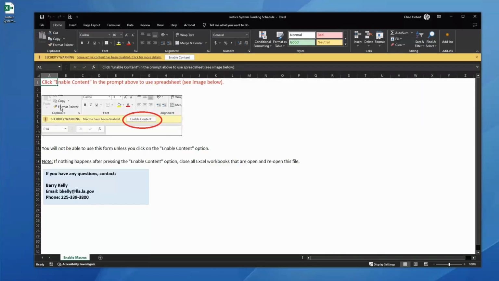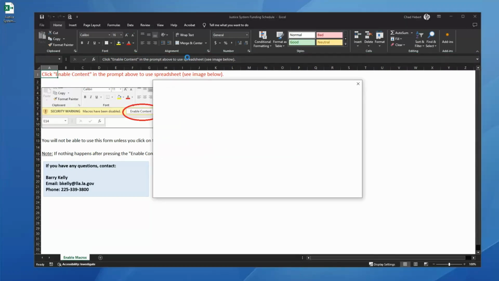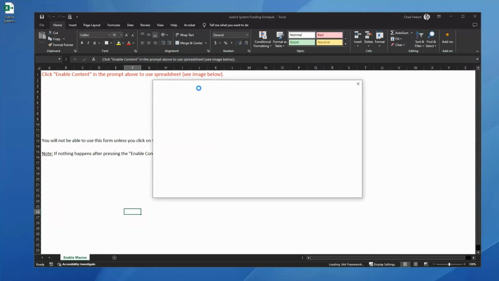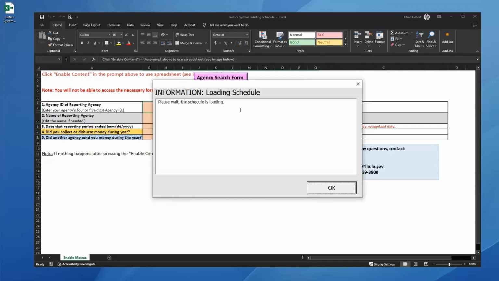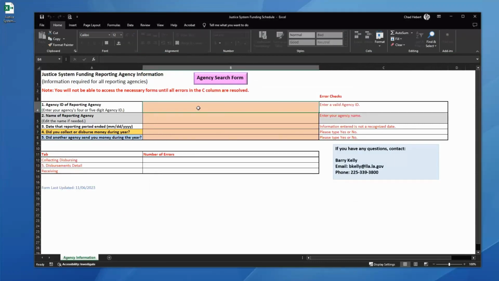Open the file. First thing you see is prompts you to enable content. You want to be able to use the worksheet until you enable content. Enable content will make some macros run, which will make the entire schedule work. So first thing we do is click enable content. And when you do that, it will prompt you saying that the schedule is loading and now it is available